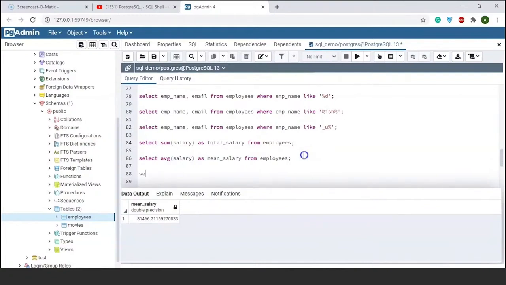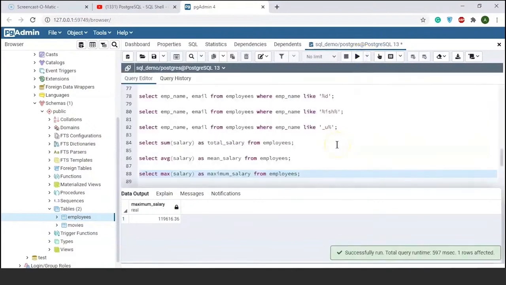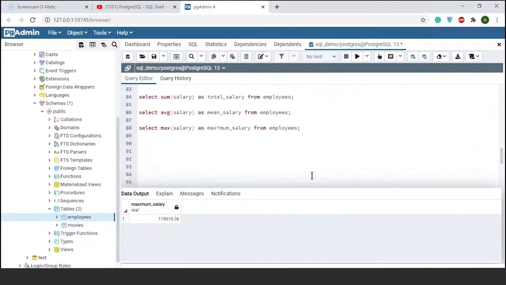Okay, now there are two more important functions that SQL provides us, which are max and min. So if I write select max, which is the function name, of salary, as, let's say, instead of total I'll write maximum. So this will return me the maximum salary of the employee. Let's run it and see what is the maximum salary that is present in the salary column. Alright, so we have